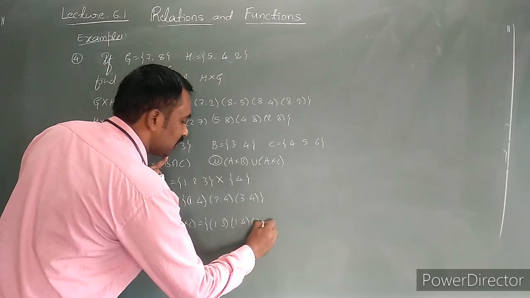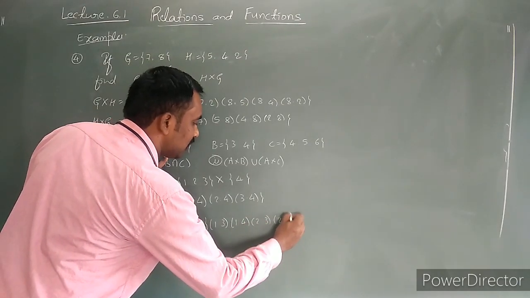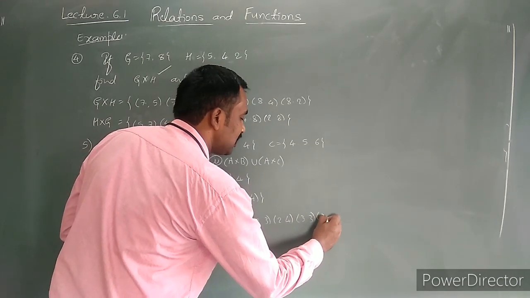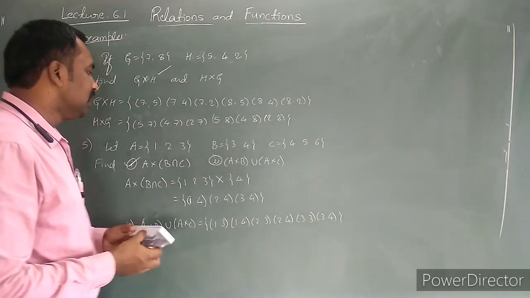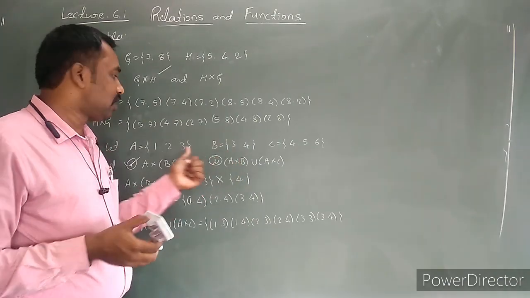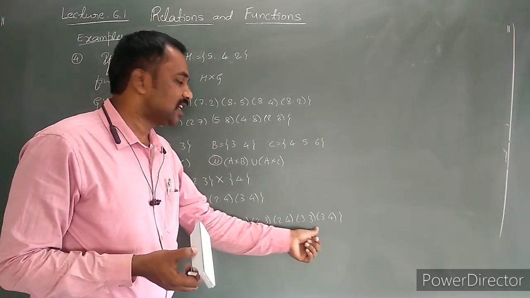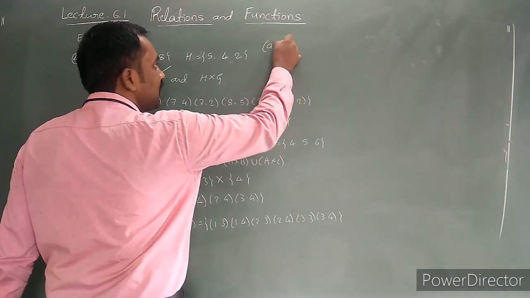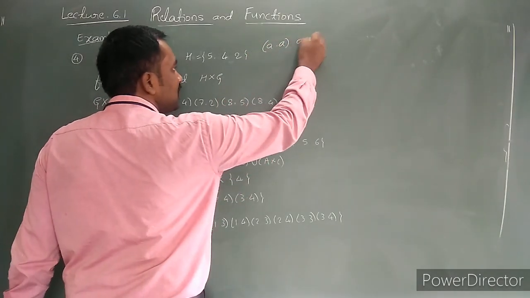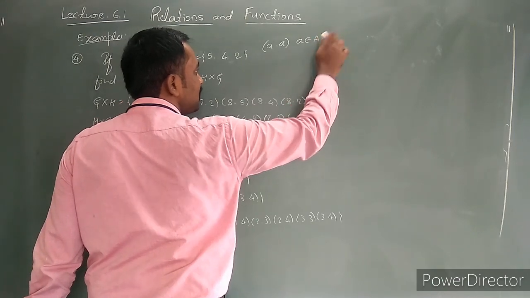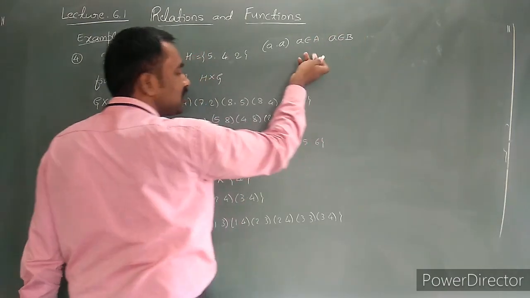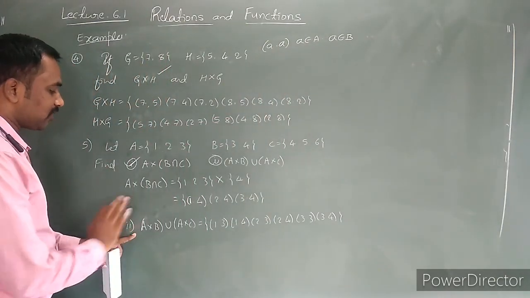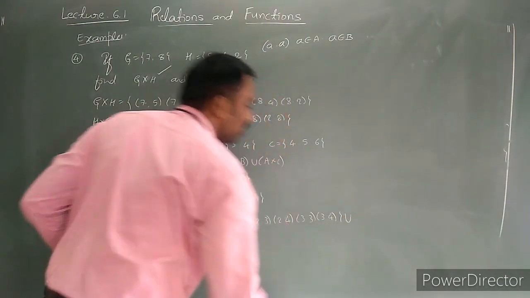Next 2, 3; 2, 4; next 3, 3 and 3, 4. Nothing to worry. Here is the 3, here is the 3. Common elements are there, so write the pair (a, b). Common element might be there, that doesn't matter. Here a is present in the set A, and a is present in set B. It is possible, no need to worry. Okay, so here A cross B is over. Union of